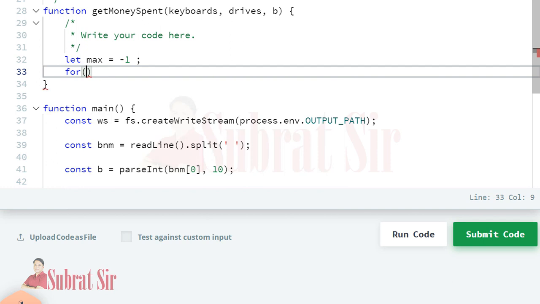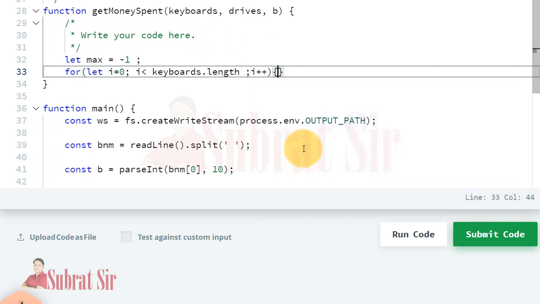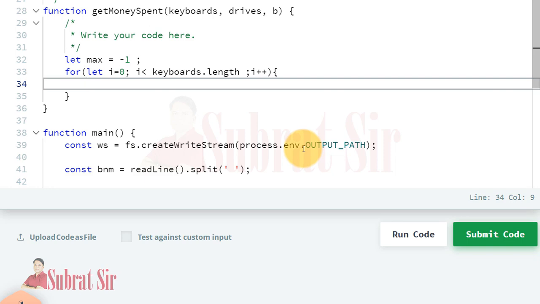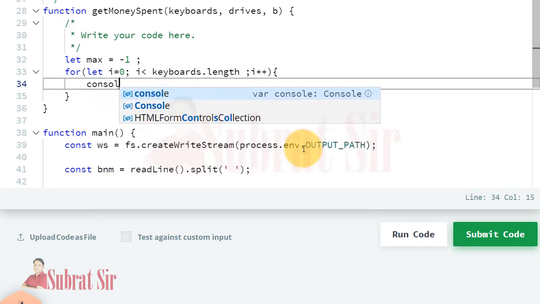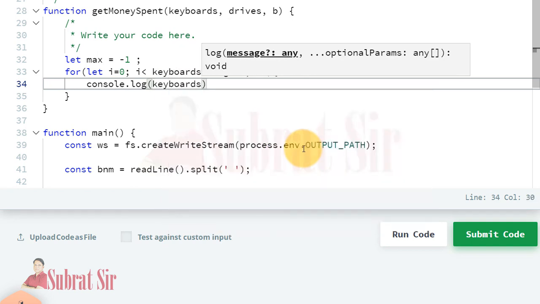So for that we will write for let i equal 0, because if we are iterating through an array, the index number of first element is 0. Okay. Then i is less than keyboards dot length, the number of elements of keyboards, then i plus plus. Okay. Then let us check it. So console dot log of keyboards of i.